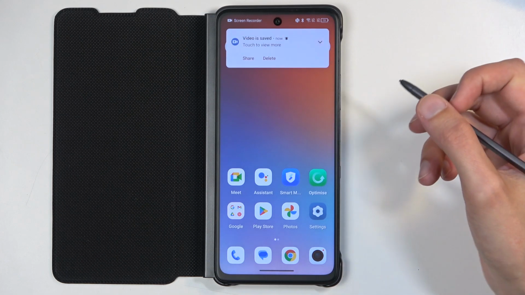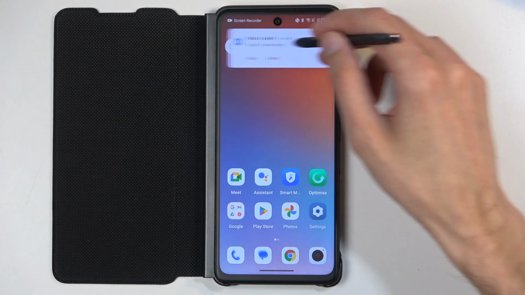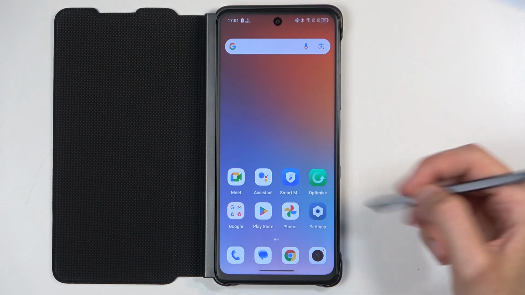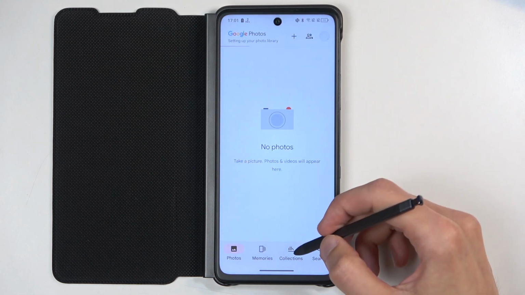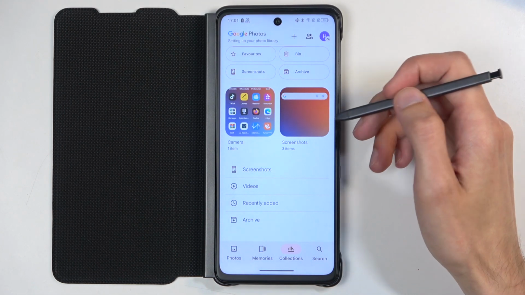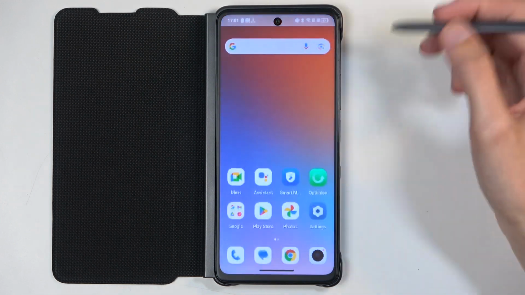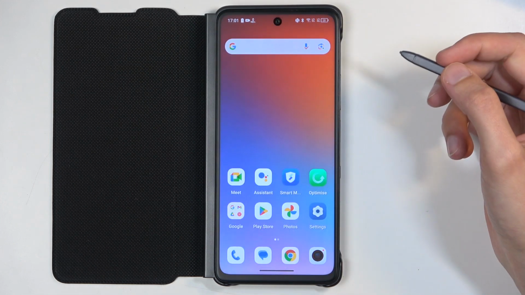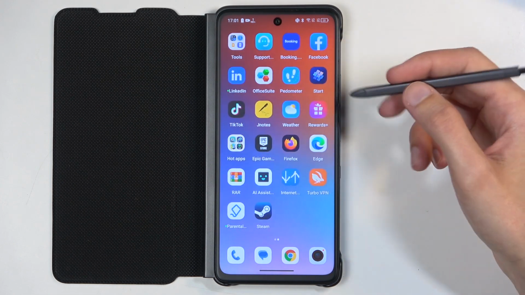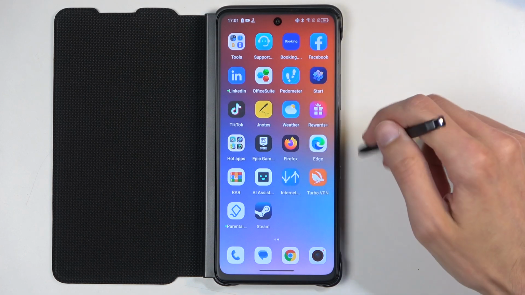Once you click right here to stop the recording, this will automatically save it to your Photos application. And opening it up, you can navigate to Collections, and under Collections you'll find Videos, and that's where the screen recording is located. Now it does record microphone, so you hear this kind of like scratching noise from the pen itself,